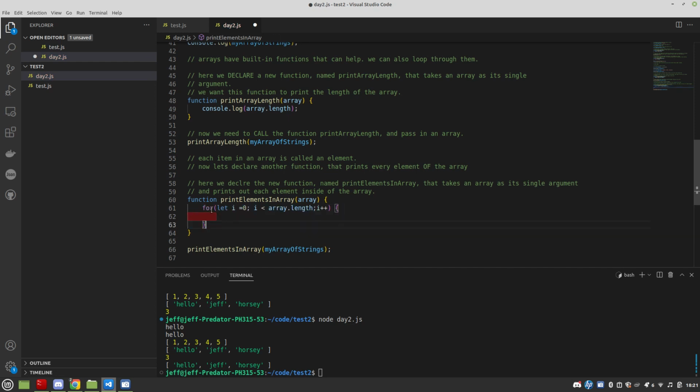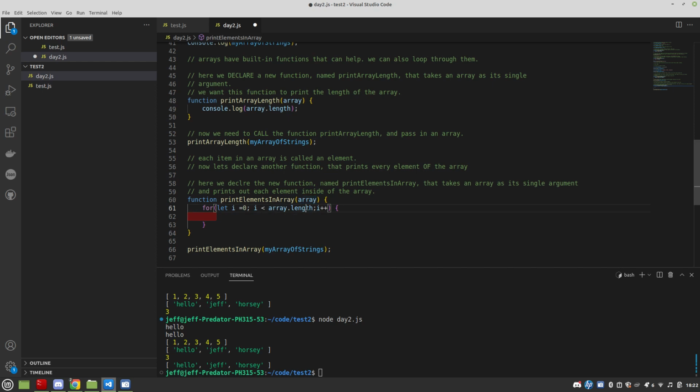So we're in a for loop. So we can write for, and our brackets. And we say let i equals 0. i is less than the array.length, i++. This is what a for loop looks like in JavaScript. So we say where we want to start. We're at for, and then for is a function. It's a built-in function. So we have to write the